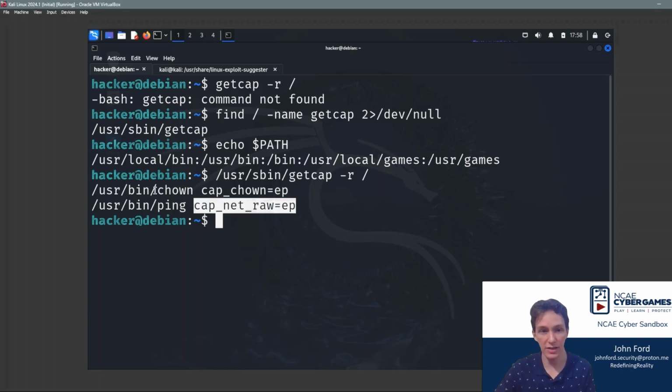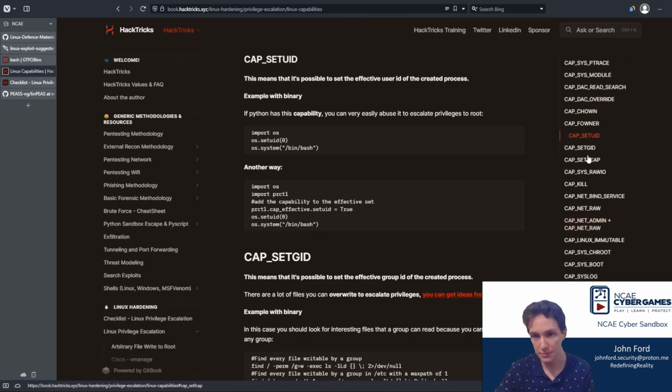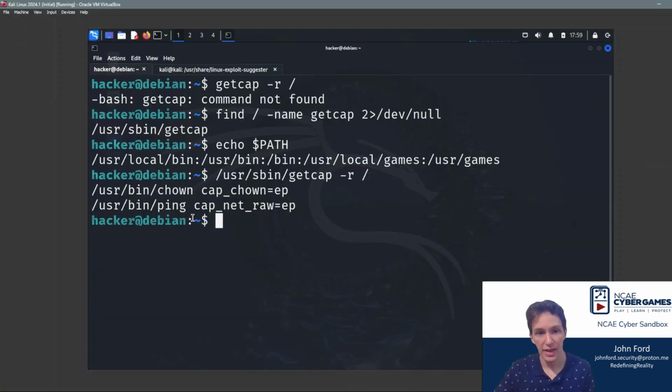However, we see this other one here, we see chown has the chown capability. Let's dig into that a little bit further. If I go back to that HackTricks page and I look at the chown capability, CAP_CHOWN, it says this means that it's possible to change the ownership of any file. The keyword here is any. So not only can we change the ownership of files that we own, but we can also change the ownership of other files on the machine. So knowing this, and knowing that we can use the chown utility to change the ownership of any other file,